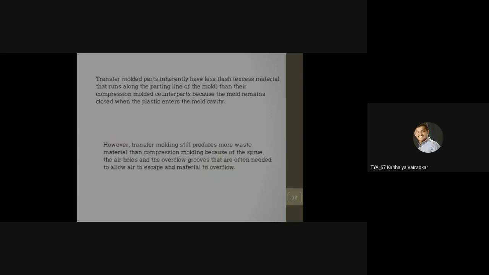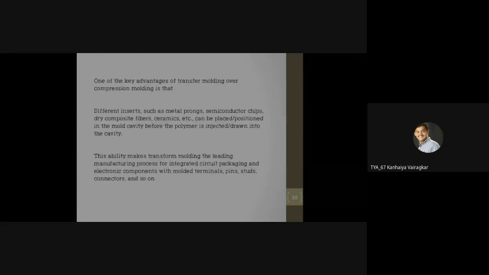It is the sprue, which is required to be removed by using a finishing operation. So though we do not get flash, we get scrap in the form of the gating system, in the form of the sprue. That was there in the second statement: transfer molding still produces more waste material than compression molding because of the sprue. Getting it? So this sprue will be like waste material.